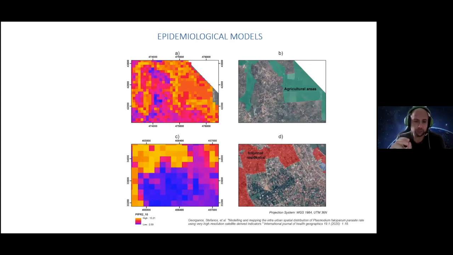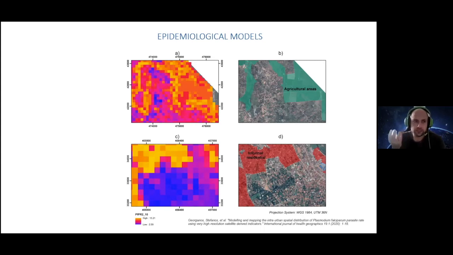We can see that the malaria prevalence is really higher where we have the slums, the informal residential areas, where we have agricultural areas, while next to the informal residential area on figure D, there is a very affluent, wealthy neighborhood, but it is built on top of a hill. It's an elevated area. You can see that the risk there is very low, around 2 or 3%. So there is a huge socioeconomic aspect when it comes to malaria and epidemiological diseases, and a part of it, not all of it, of course, not even half of it sometimes, but we can map it from space.